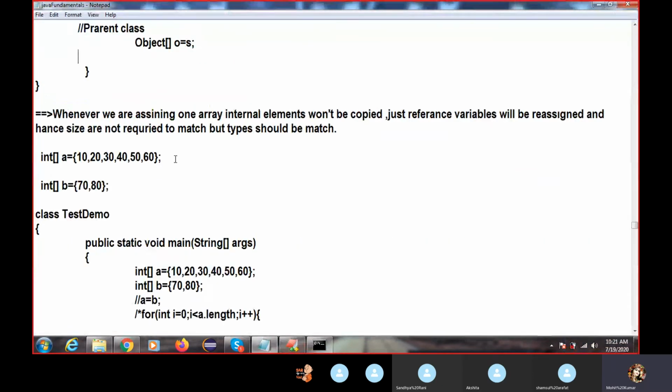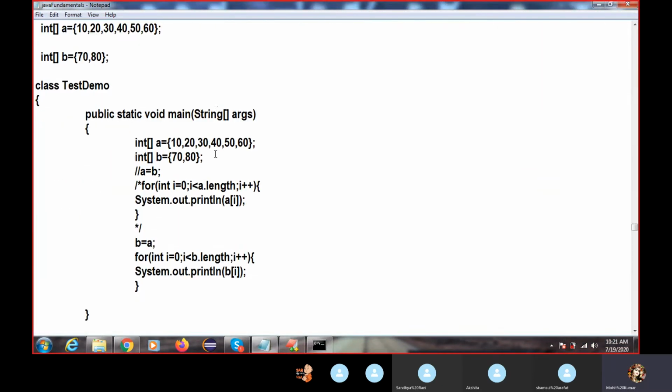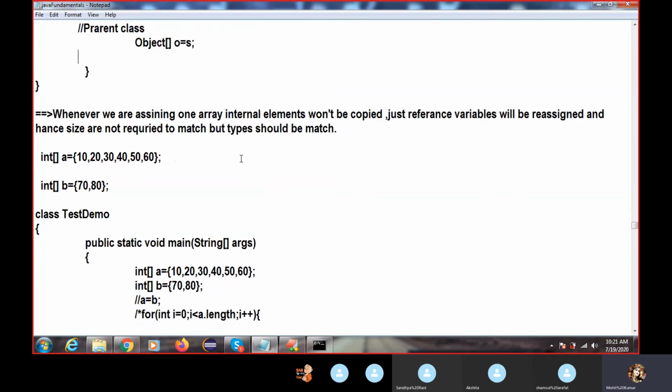One more concept is that we are just assigning one type to another type, that's it. We learned the concept of what an array is only yesterday, right? In arrays you cannot do much, and we are not even using arrays in real time, we are using collections only.